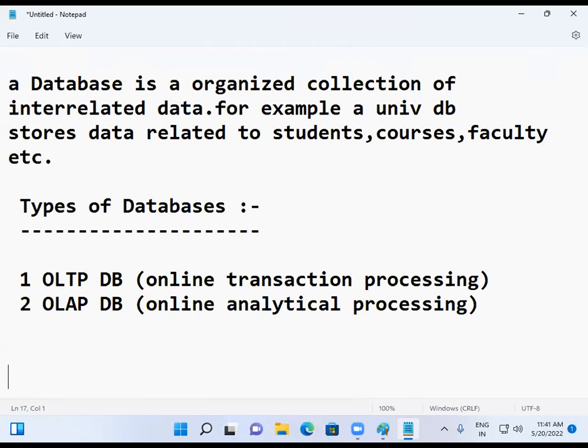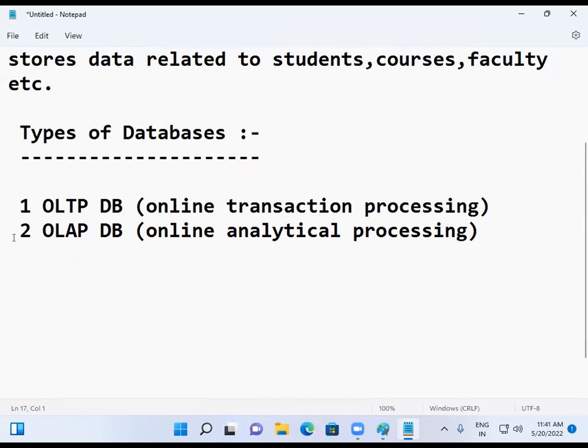But the question is, why are they using two databases? What is the need? Like why do we use a database? Storing data. So the purpose is storing the data. For storing the data, why do they use OLTP, OLAP? Whether it is OLTP or OLAP, the purpose is storing the data. But this is used for one purpose, and this is used for a different purpose. Purpose is different. Usage is different.